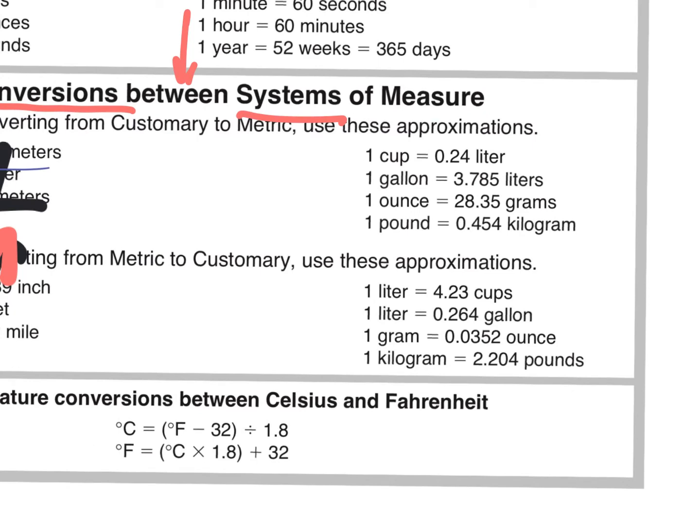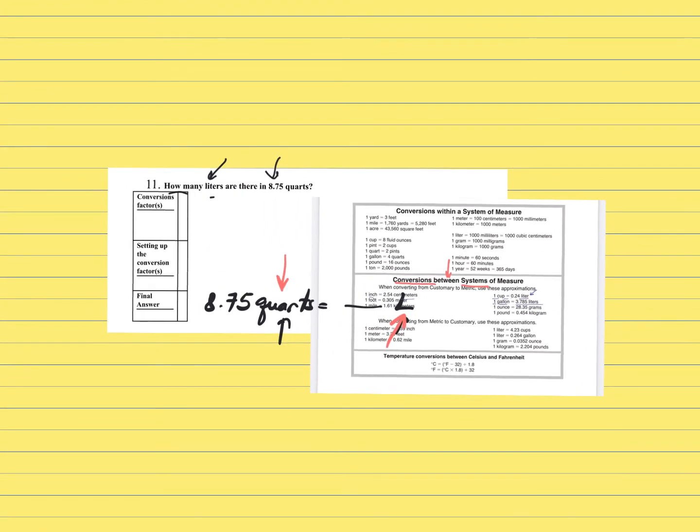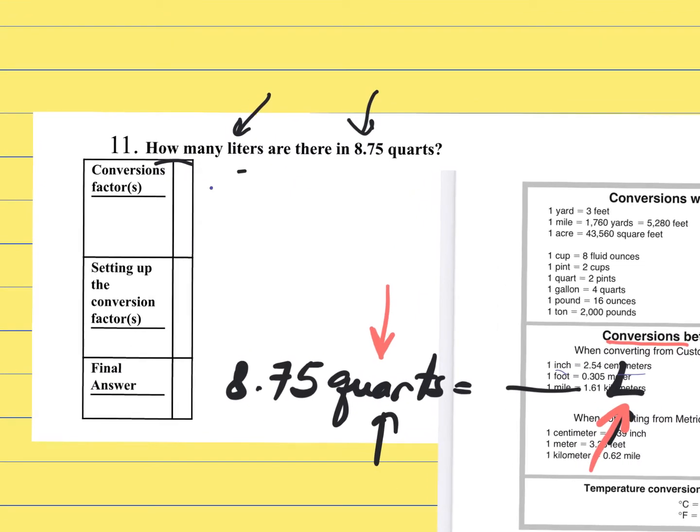So let me move. Oh, I have over here that 1 cup is equal to 0.24 liters. Can I use that? Yes, you can use that. And I have over here that 1 gallon is equal to 3.785 liters. Can I use that? Yes, you can use that if you want to, as long as later you're setting that up properly. I'm going to use the first one, because that was the first one that I saw over there. And it has liters, and I want the final answer to be in liters. So I'm going to put it over here in my problem. In 1 cup, see, my conversion factor. In 1 cup, I have